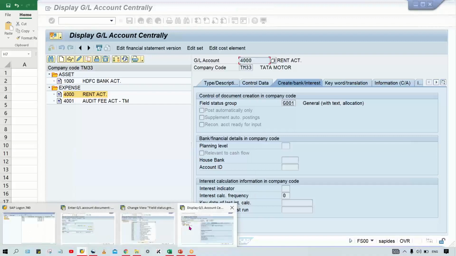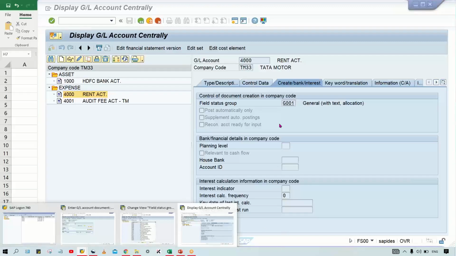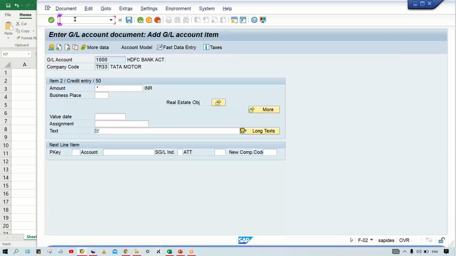Now what is happening? Look here. We have created two different field status groups. What is the use of a field status group, guys? It controls the fields. How is it going to control the fields? We have to assign the field status group against the GL accounts. And while posting the transaction,